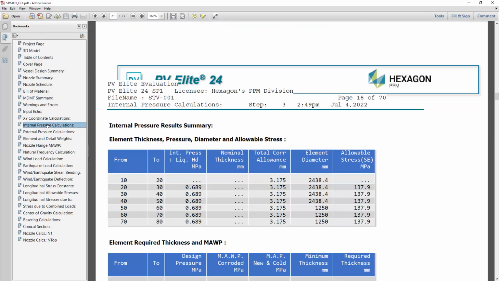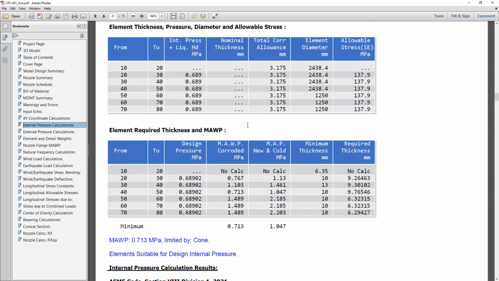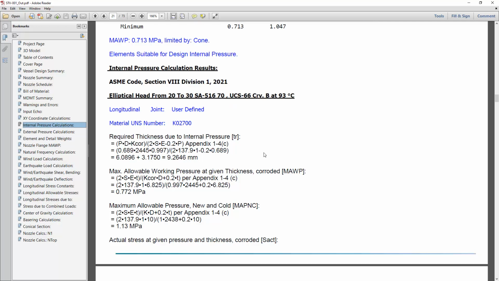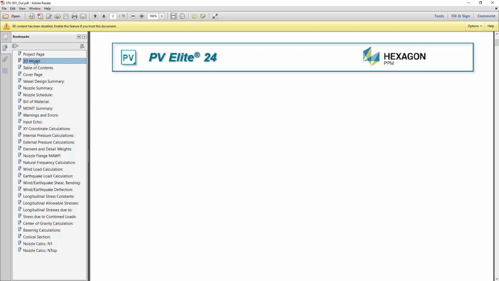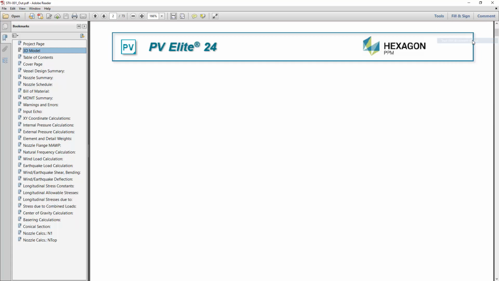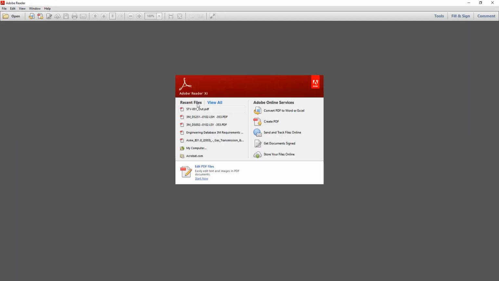And again we see, if I go to, for example, from the table of contents, the internal pressure calculations, we see the same thing as was mentioned in the Word file. We see the detailed calculations, the equation, the numbers used, the equation reference. And what we also see is, if I go to, again, table of contents, I go to the 3D model. Typically you would have to trust the document to access the 3D and enable the 3D view. So if I just trust the document and reopen it,